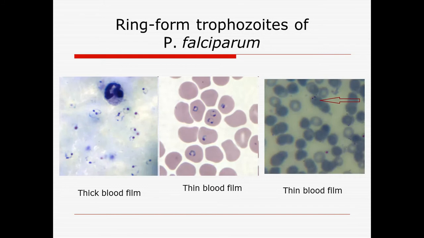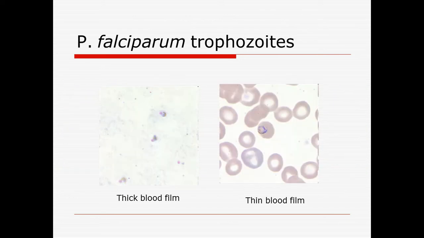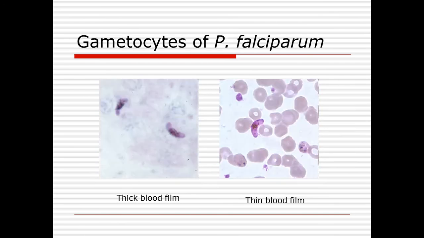So you can see this is a peripheral blood smear film showing ring forms of trophozoites of Plasmodium falciparum. You can see we make the thick smear and thin smear on the film to identify these parasites. So you can see the ring like structures inside the RBCs on a thin and thick both blood films. This one is another slide showing the trophozoites of falciparum clearly.